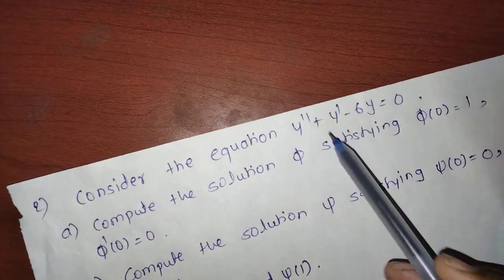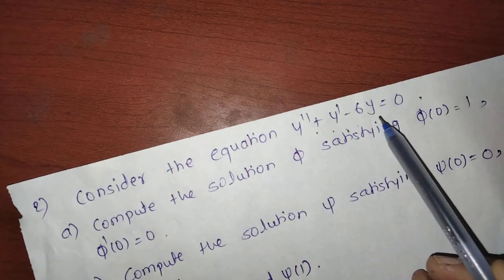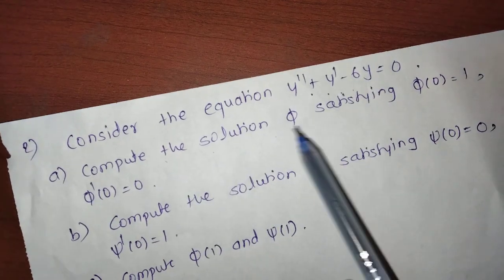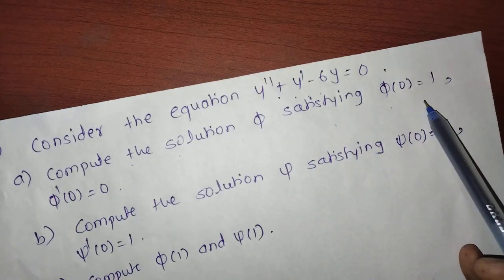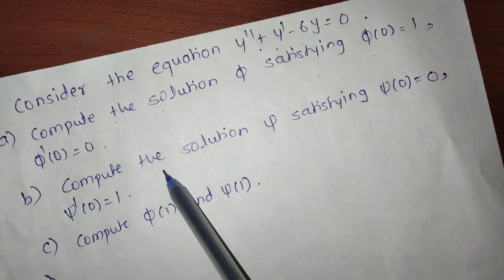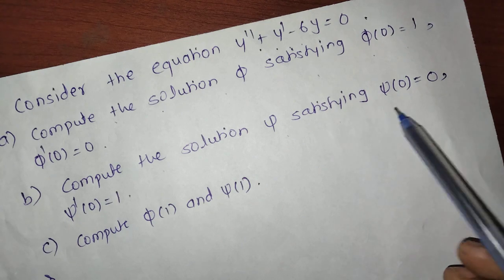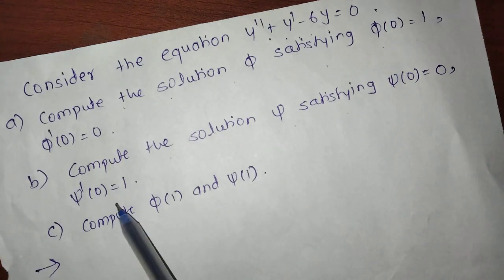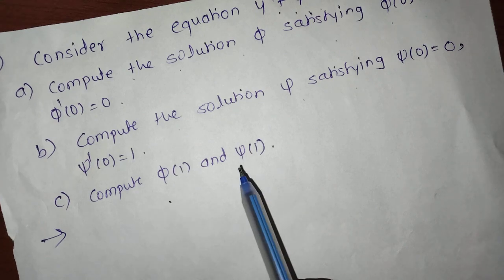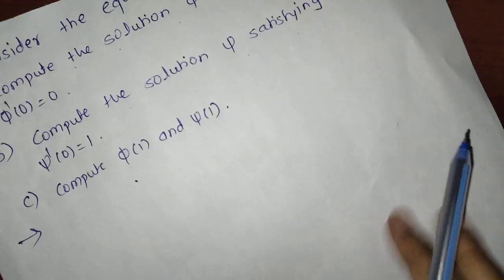Consider the equation y'' + y' - 6y = 0. First, compute the solution phi satisfying phi(0) = 1, phi'(0) = 0. Next, compute the solution psi satisfying psi(0) = 0, psi'(0) = 1. And next, compute phi(1) and psi(1). First,